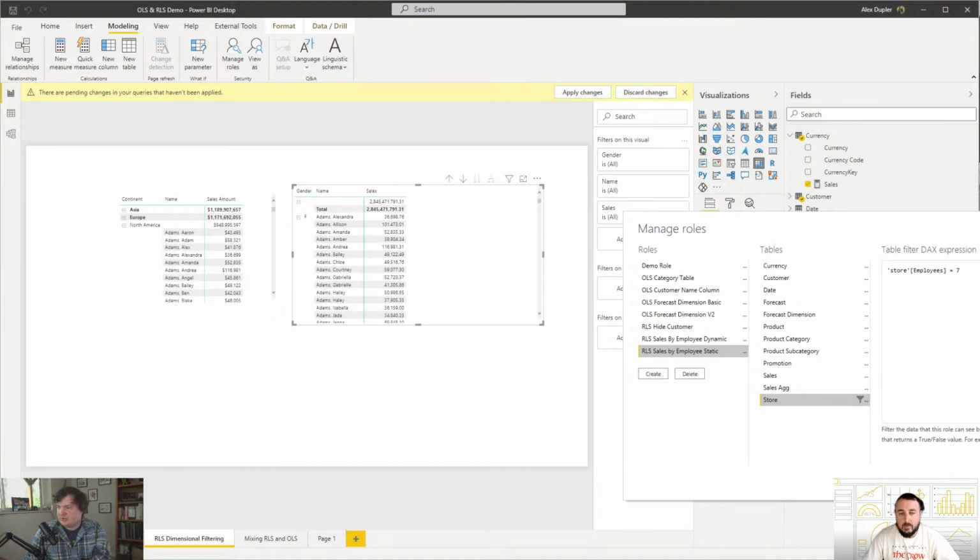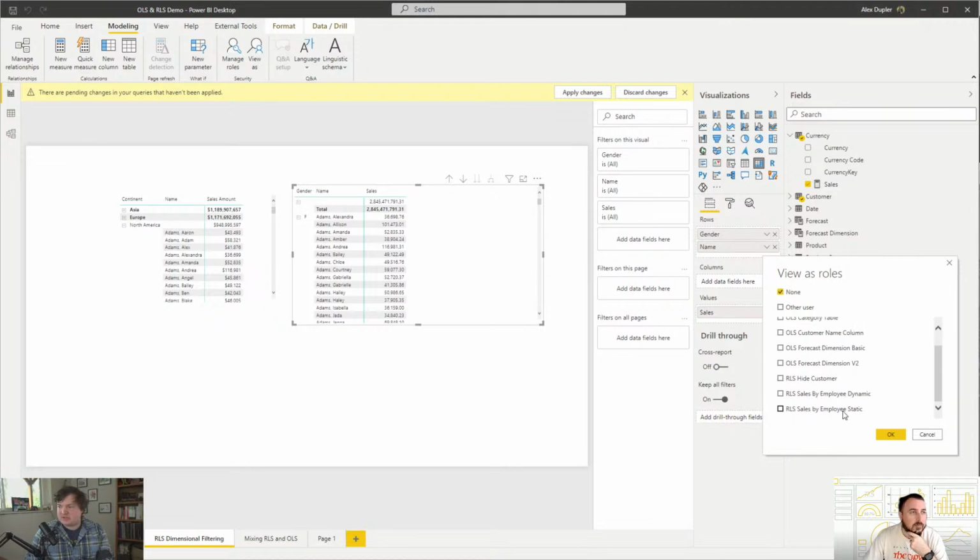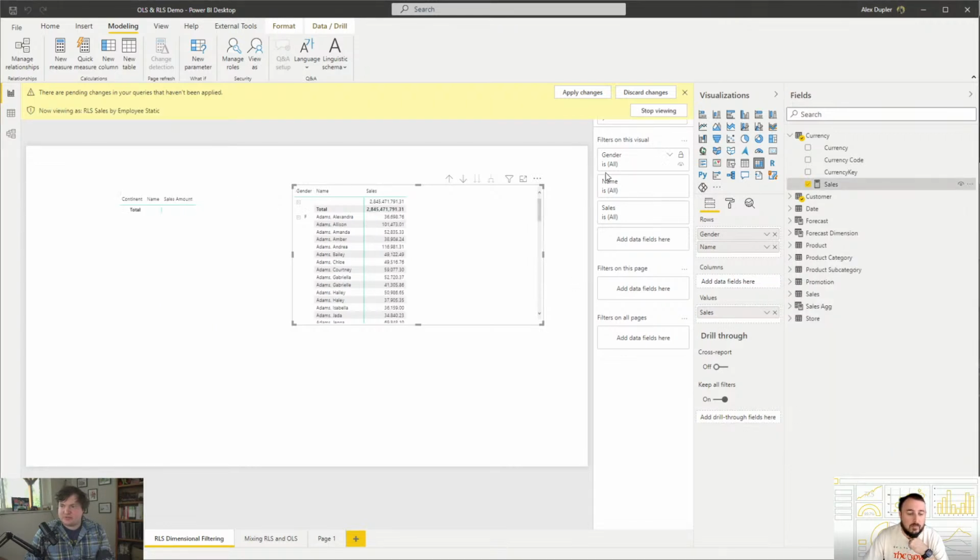Can we just do this? There we go. Now that we have this, let's just start with false here, and we'll see what happens. So now if we view as our sales by employee role,